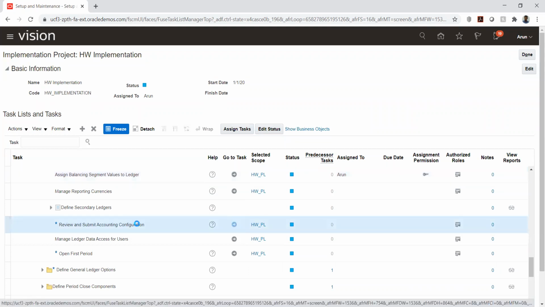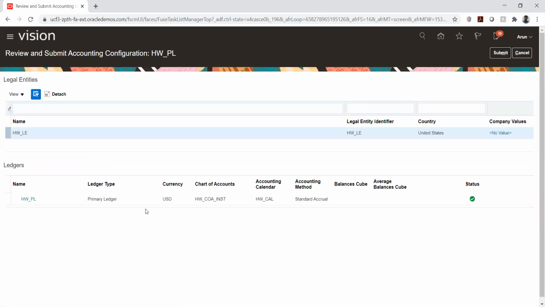Yeah. So the next step would be to review and submit our configuration. Here we have something called balance cubes. What is a balance cube? Basically, the general ledger module stays as an accounting repository. In order to have better reporting, Oracle has brought in the Essbase database. When we create a new ledger, this will create a cube.